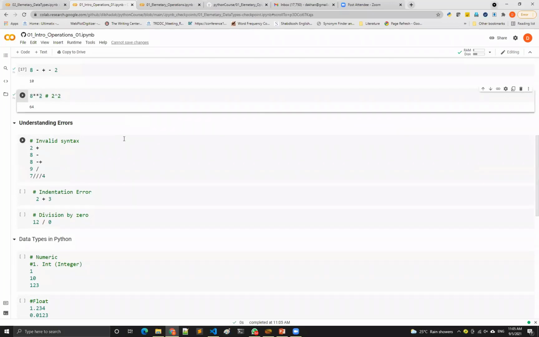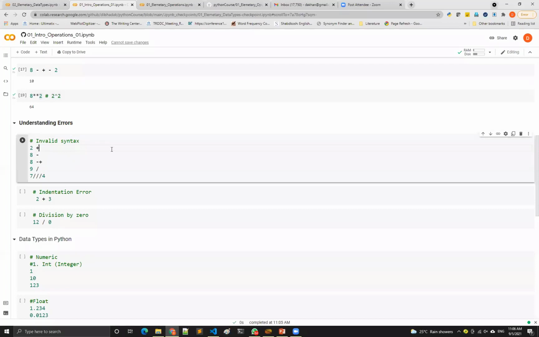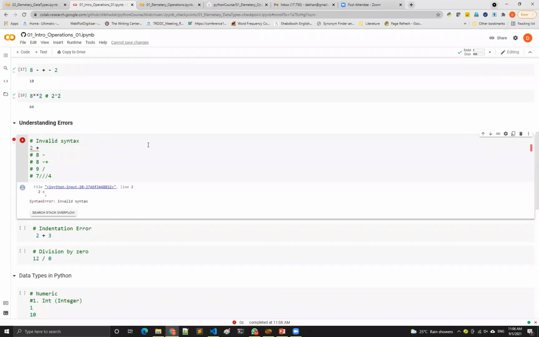But if you again start doing some more crazy stuff, then let's see what happens. So if you are having only this plus sign, okay, so we have this number 2, and then you just forget what to put after that, and then you say you want Python to do something, then you will see syntax error. And if you are a developer using Python, this is something you are going to see